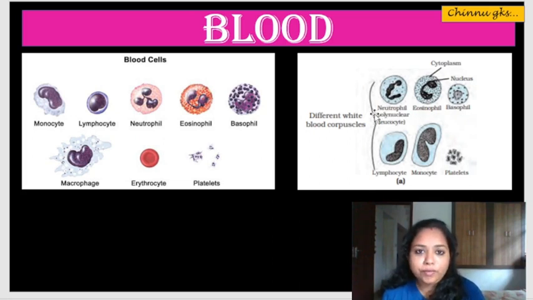So what do you have to remember here? The different names of the WBC. Neutrophil, eosinophil, basophil. Then you have the monocyte. Monocytes are actually two: small monocyte and large monocyte, and lymphocytes are also like that, small and large based on the size. You just need to remember monocytes and lymphocytes right now, and the three names: neutrophil, eosinophil and basophil. So that's about the blood.